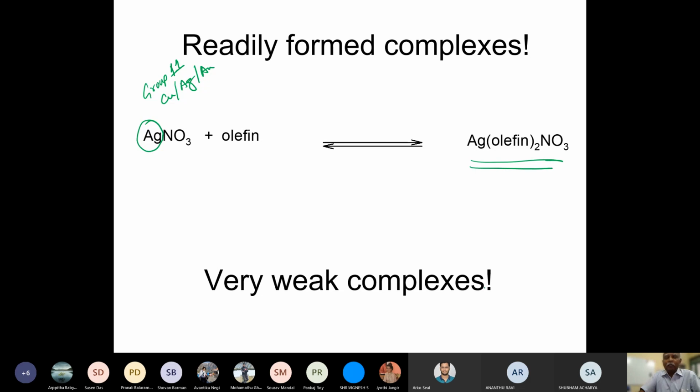These complexes are extremely weak. As I just explained to you, the strength of this interaction is weak because the metal is positively charged. It's reluctant to give electron density into the olefin. So this interaction turns out to be weak. And so they form weak complexes. Life is not so simple because if you have a positively charged metal, it is going to accept electron density from the olefin in a better fashion. So although we say that this pi interaction is weak, the sigma interaction is going to be stronger if you have a charge.